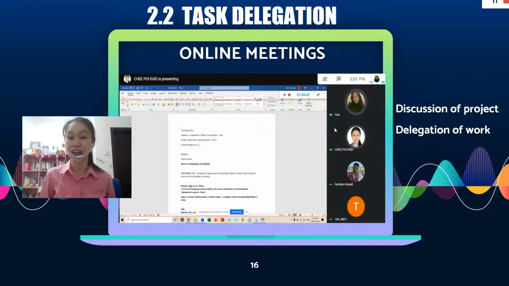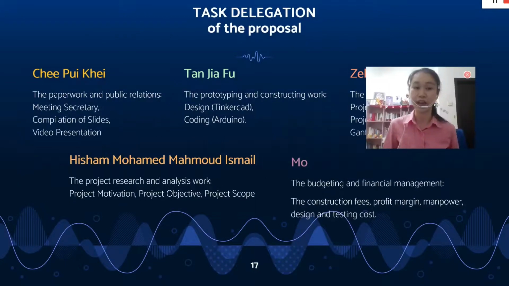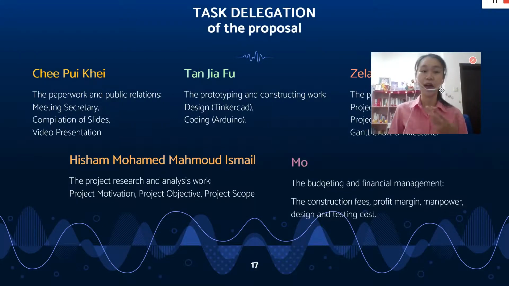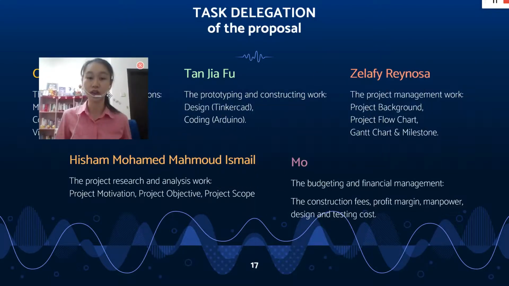And then the task delegation, you can see we made it in an online meeting. This is a proof picture, and then we do some discussion, and then you can see that I am in charge of public relations, presentations right now, and then compilation of slides, meeting secretary, and then paperwork, and then Tan Jia Fu is involved in the prototyping, the design and coding stuff, and then Zela is actually involved in the project background, flow chart, Gantt chart, and the progress, and then Hisham is in charge of the research